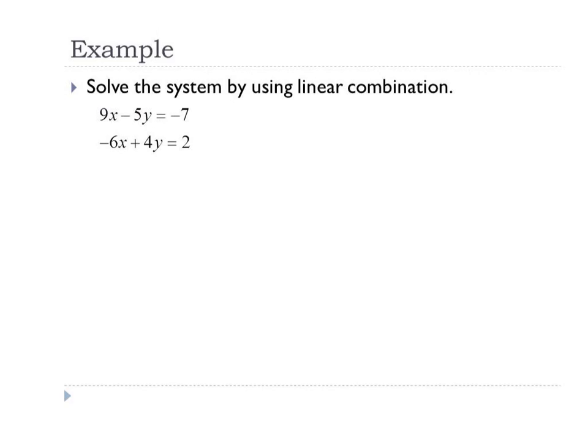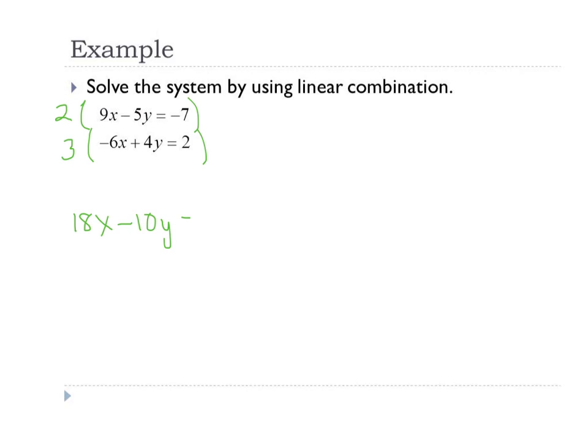Okay, and one last example. Again, we want to try to get a variable to eliminate, so we want opposites. Looking at the x's, make them both be 18, or looking at the y's, you'd make them both be 20. Completely up to you. I'm going to go with the x's. You get the exact same answer if you went with the y's. So we're going to multiply the top equation by 2 and the bottom equation by 3. And that's because I want to make those x's become 18s, and that's what I need to multiply to get there. So distributing all the way across,